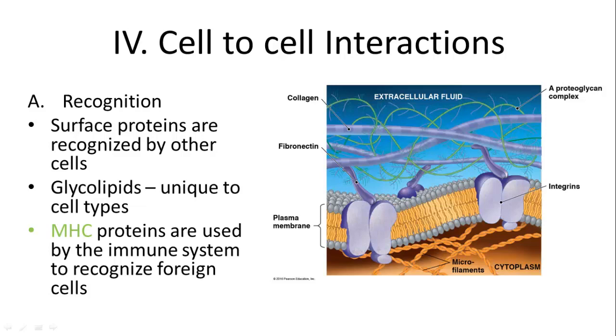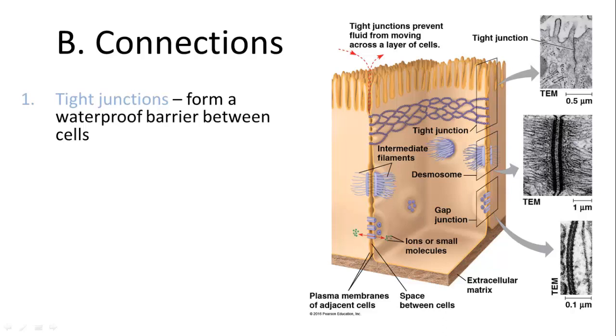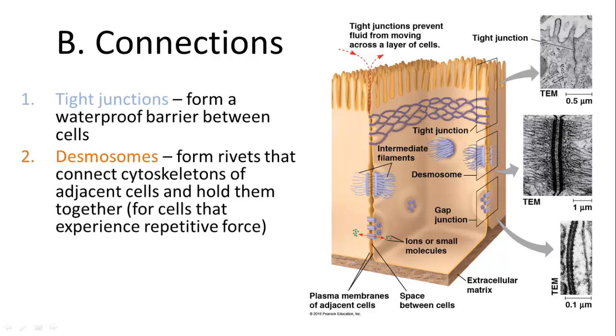You also have, in multicellular organisms, the ability to tie cells together. So you may have a barrier of cells, but they need to be tied together to make a complete barrier, and this is done through a connection called a tight junction. This forms a waterproof barrier. Sometimes they allow some water through, or some types of molecules and not others.